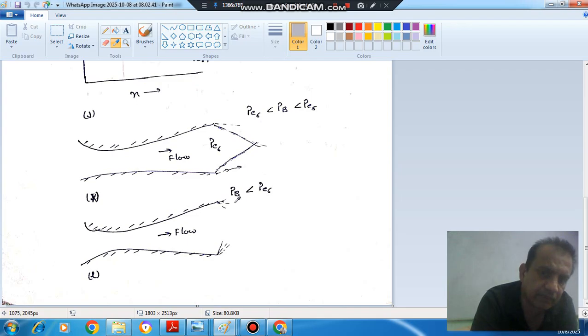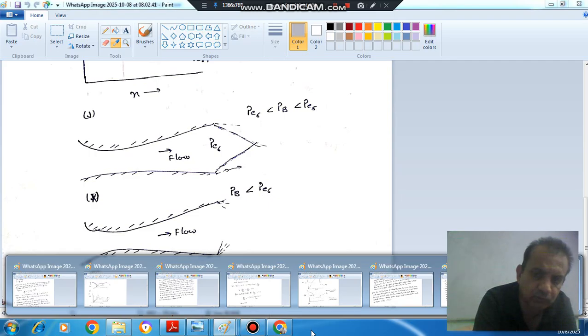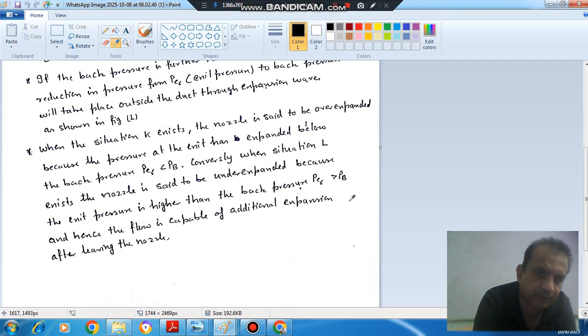Now if we maintain back pressure, or here the pressure, less than P6, then within the nozzle the gas will expand up to P6. Further expansion will take place after the nozzle exit. So this is your expansion wave when here the pressure is maintained less than P6. I will read the last 2 points again that we have read in the last video.